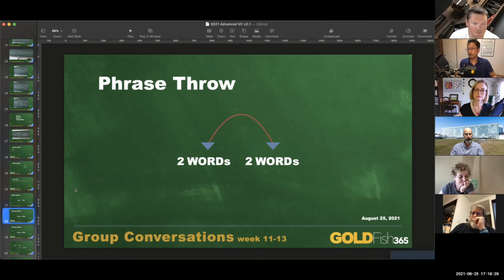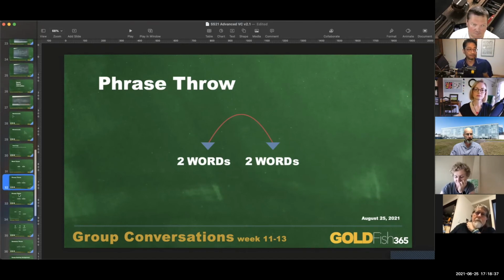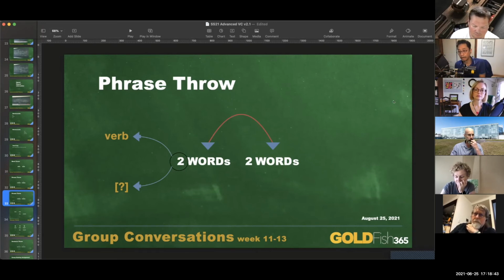It's harder, I don't have to demonstrate it, but you can imagine how much harder that would be. And that goes from word throw to phrase throw. The phrases then get a constricting factor: one of them has to be a verb. Don't care what verb, it doesn't have to have any relationship with the other word. They can both be verbs. The first one can be the verb, the last one can be the verb, doesn't matter, but at least one of them has to be a verb.